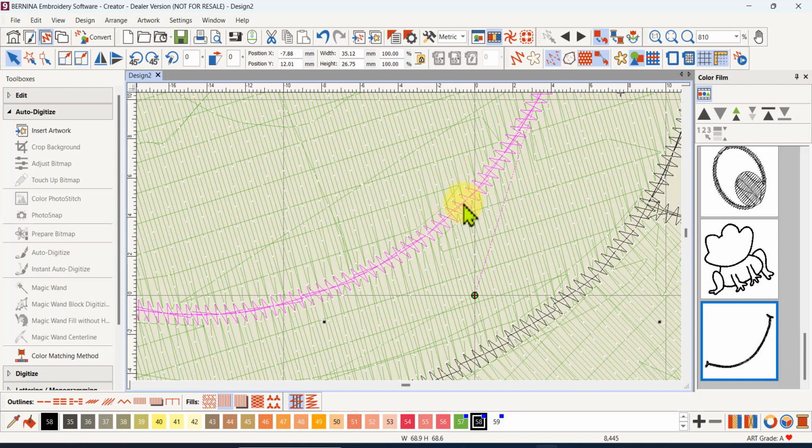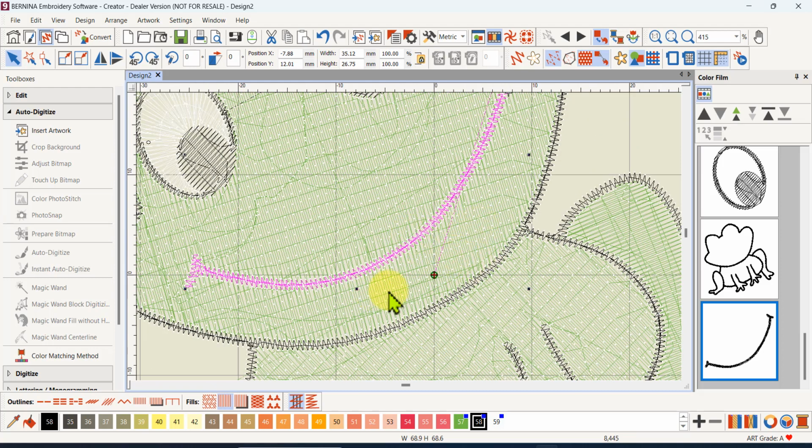It should cover, because the software does put a 0.4mm pull compensation in by default. But the other reason I don't like this is because every time you have a gap, the software has to redirect the fill, or not redirect it, but travel around that gap. And that causes extra unnecessary stitching. It actually causes more stitching than if the gap was filled in. So we can sort that out